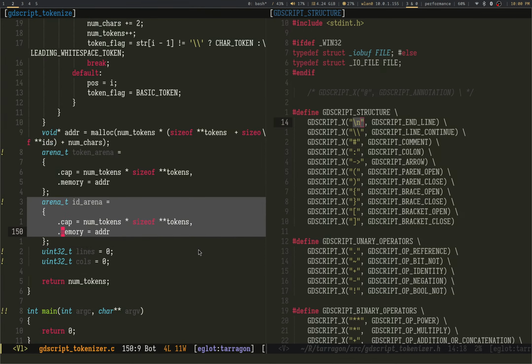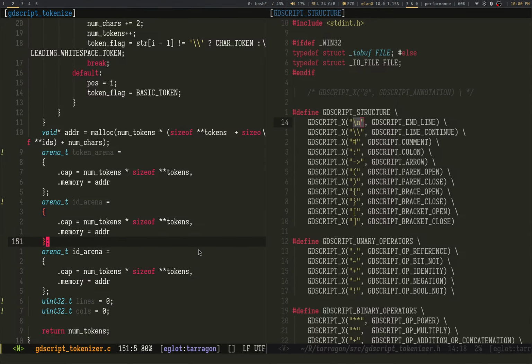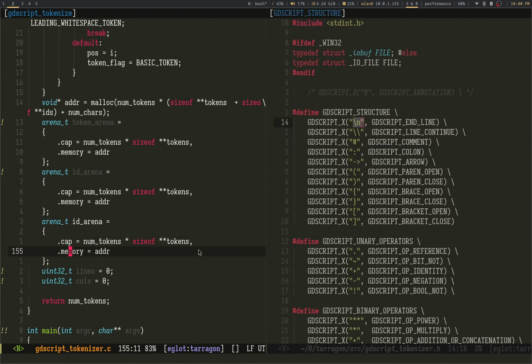I think I did something else. I think I did something clever. Maybe I'll just double check my GDScript parser eventually. But whatever. Memory adder, not adder. That's token arena dot memory plus token arena dot cap.